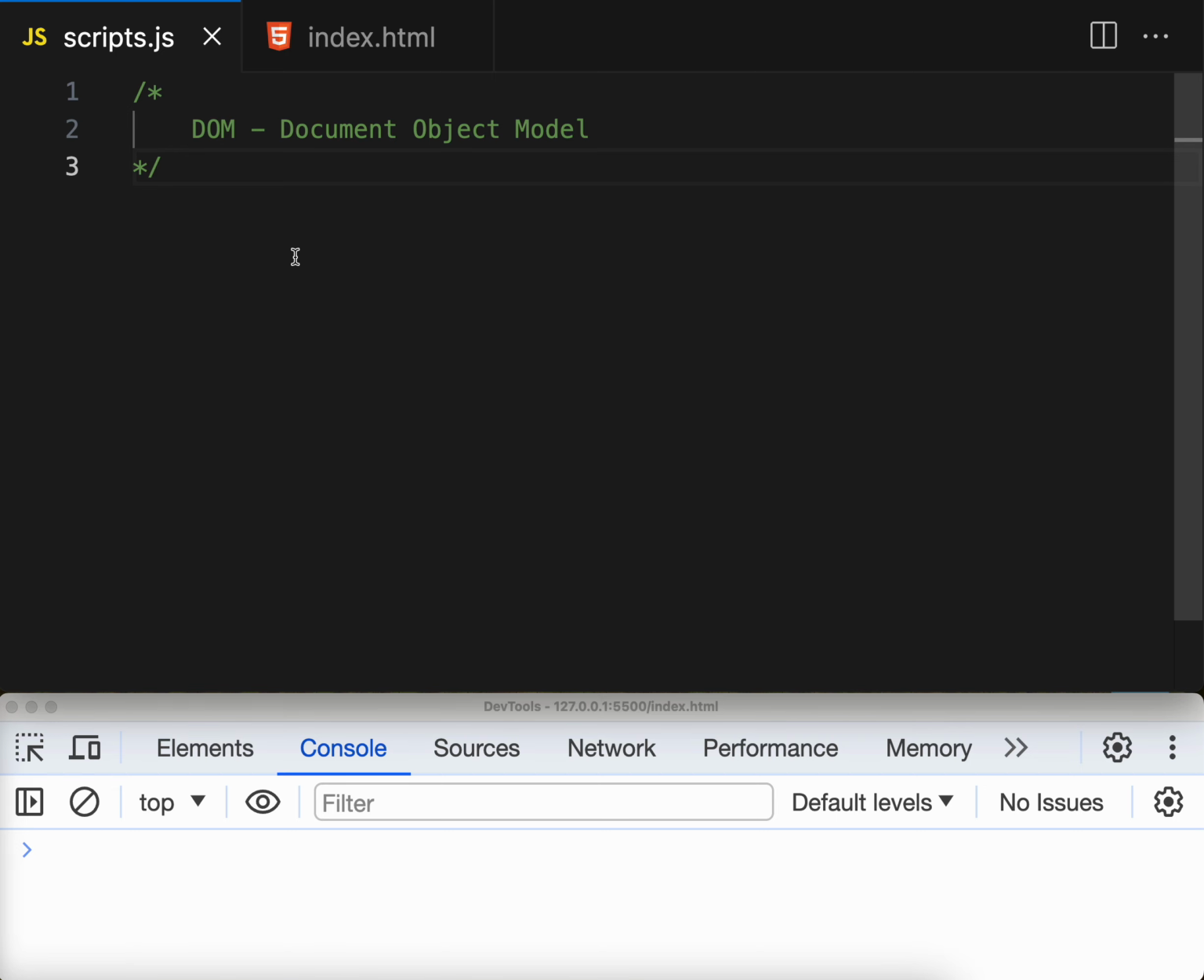So today we are going to discuss the Document Object Model. The Document Object Model is a programming interface and representation of structured documents such as HTML and XML documents. It provides a way for programs and scripts to dynamically access, manipulate and update the content, structure and style of the documents. The key concepts of the DOM include, firstly, the document